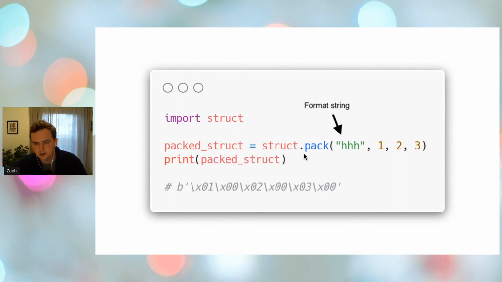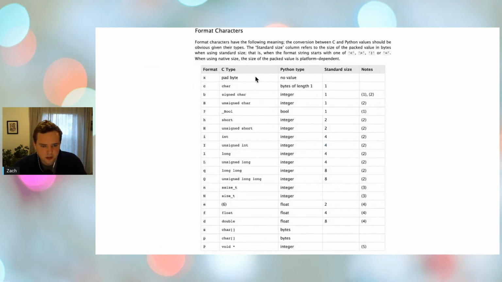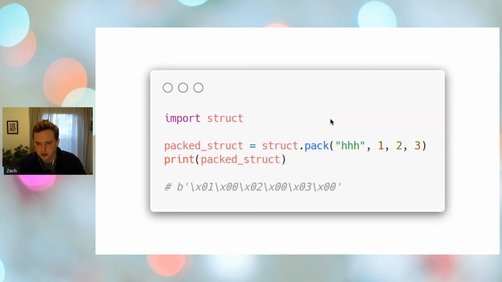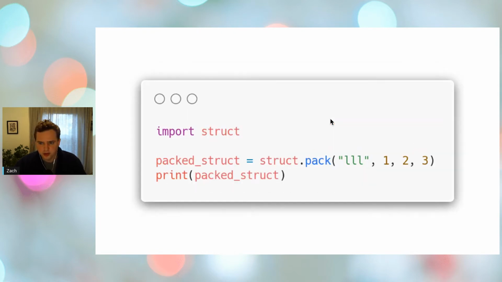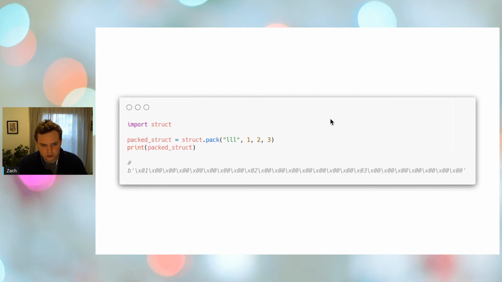And this HHH is that format string that I alluded to earlier, which is a domain-specific language for struct, which corresponds to this table here. In this one, we used the lowercase h, which is a short, so it's an integer which takes up 2 bytes of memory. And if we were to come back here and change that HHH and say, okay, rather than using a short, let's use longs, well, we're going to wind up using a lot more storage for those same 3 numbers,